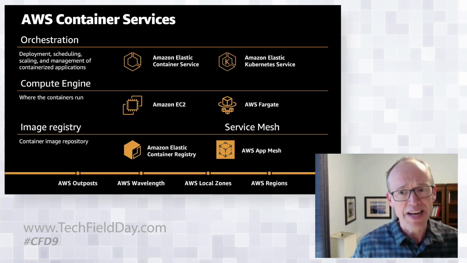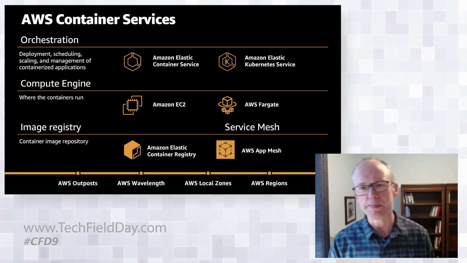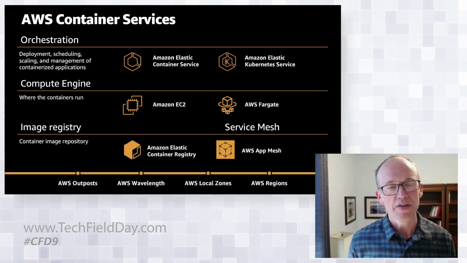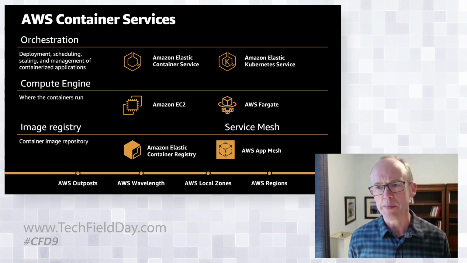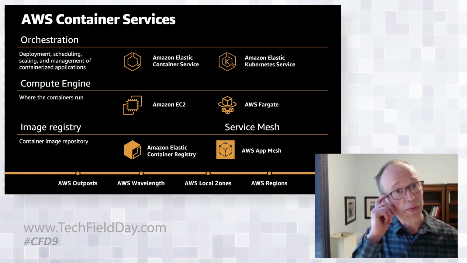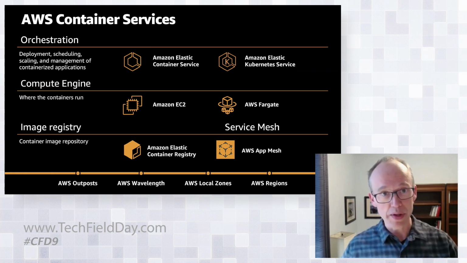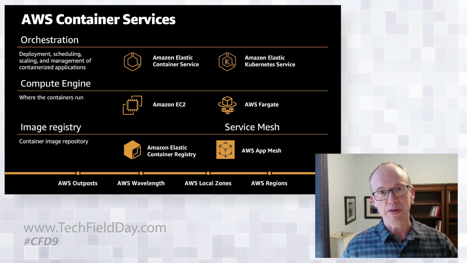So containers are a very popular way to modernize. This technology in some form or another has been around for a while, but it really started to get popular in 2014, 2015, because it introduced a new way to package code, a new way for developers to become more agile, because they could develop code in one place and have a much higher assurance that when they deploy that code in production, it's the same code. It's not like the old days of, well, it works on my machine. Why doesn't it work in production?